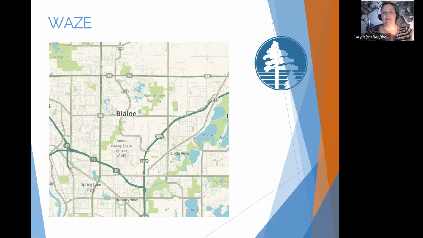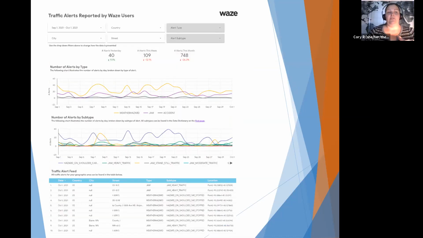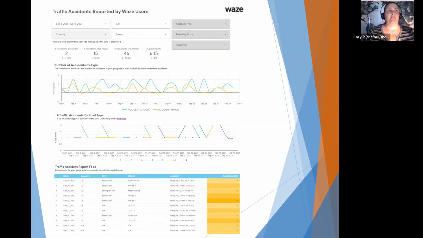So they do provide some feeds, but what I found a little more interesting is being able to use the reporting tools and actually getting these different lists out of them. So getting traffic alerts and what those types of alerts were, those things that were reported. And this is where some of my work took a bit of a detour from what I was looking at. So I started looking at these alerts, the traffic alert feed, and then these accidents. And pretty soon it's like,